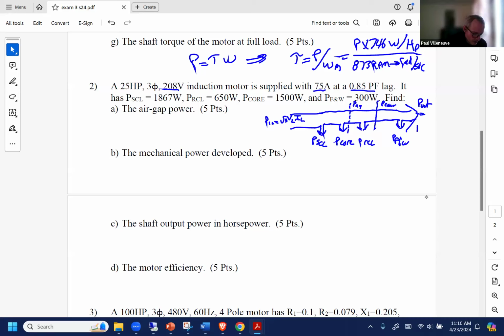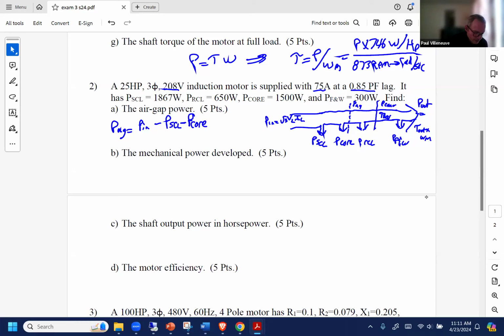P out is equal to torque out times omega sub m. So the air gap power, you can see from this diagram, P air gap is equal to P in minus P stator copper loss minus P core. Then my mechanical power developed is here. This is the mechanical power, equivalent to T developed